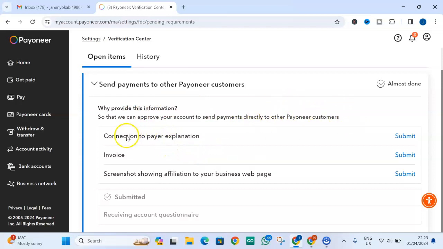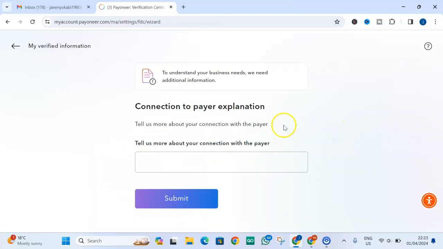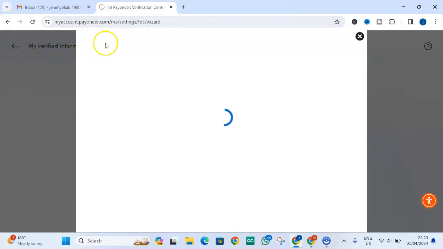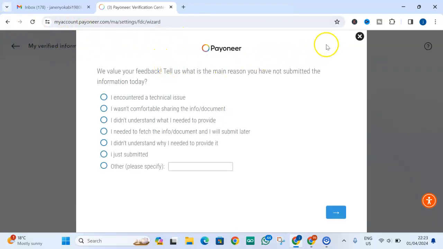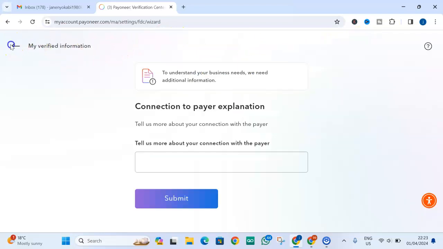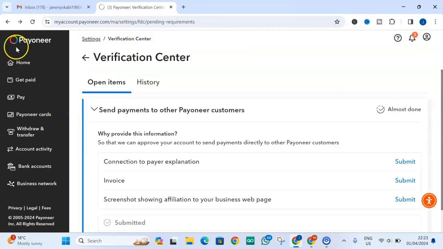So we can see that we are seeing connection to the payer's explanation. Once we click here, we'll be able to see, to understand your business we need additional information. Connection with payer's explanation. Tell us more about your connection with the payer. Now this is giving us a chance to explain that in this transaction that was done, it is asking us why